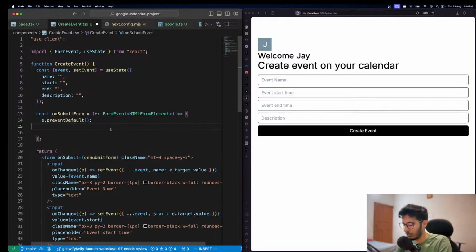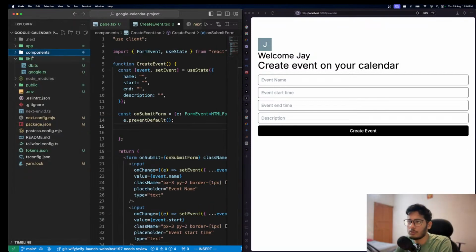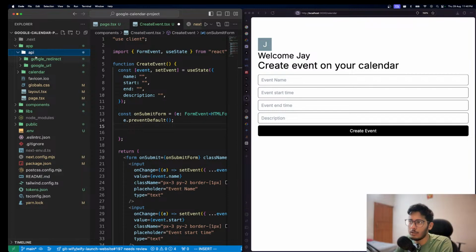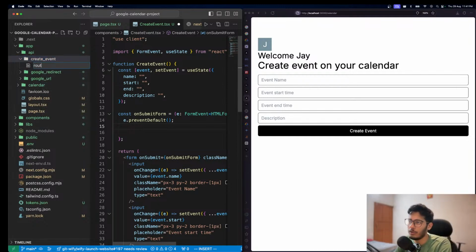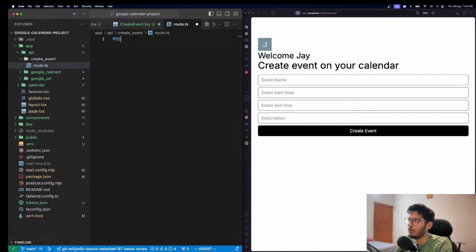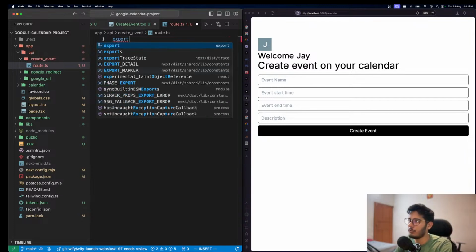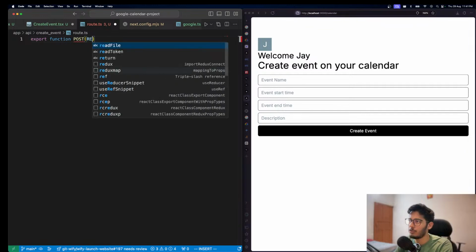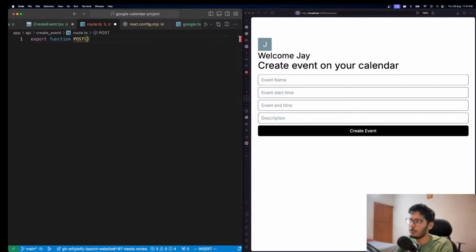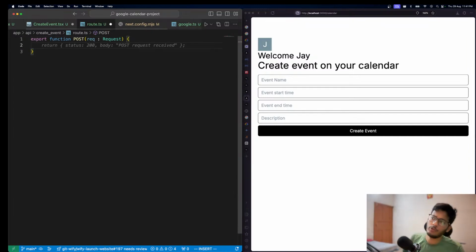So let's create an API for this. We have an app API, and then let's call it create event, and then I can create a route.ts file, and I can just say export function POST, function post request. This is request, and there you go. So this will behave as a post request, right? Which is good. Now what I can do is I can just